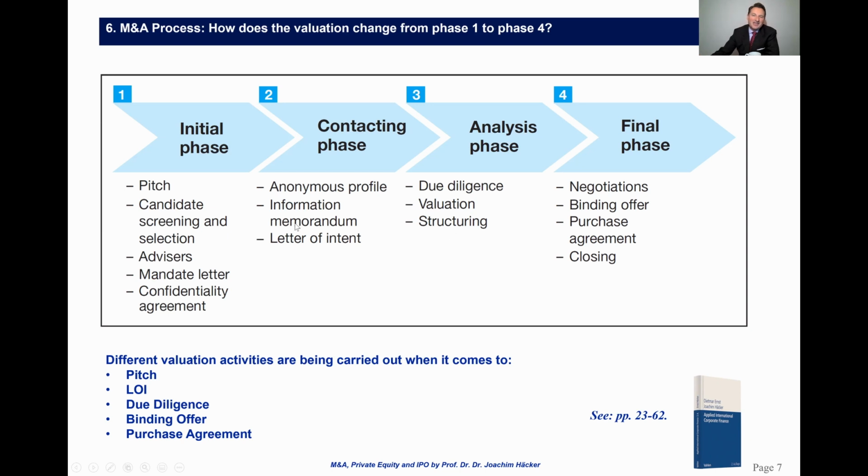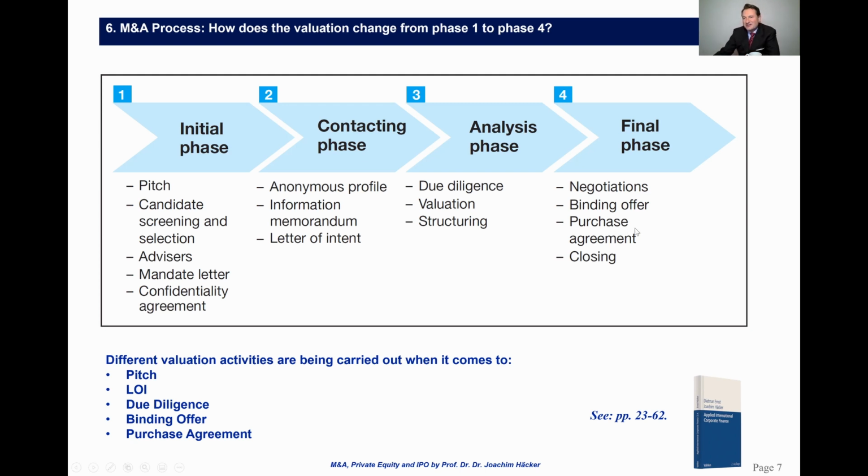And what we can find in most cases is that the purchase price you put in the letter of intent usually tends to exceed the purchase price you put in the binding offer, because you find issues in due diligence, which usually reduces your purchase price. Then you put that in a binding offer, which, if the seller chooses you, will go into the purchase agreement, and in the purchase agreement there will be the final figures you will pay.